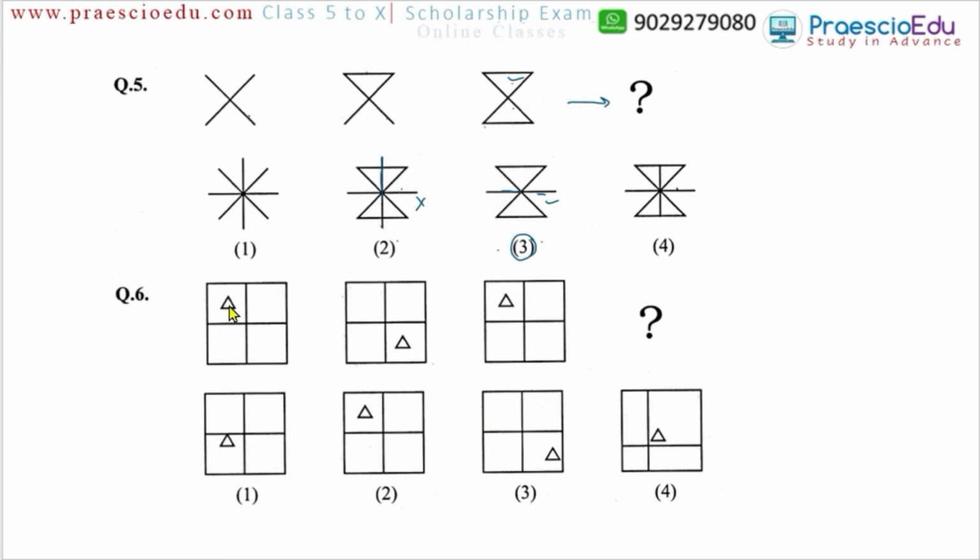Now question number 6. Now here four quarters of the square. Now here one triangle, and in the next figure that triangle is moved to the directly opposite quarter. Again in the next figure it comes to the opposite of the previous position. Now that turns to the opposite, means here. Now in the next one again that will turn to the opposite, means like the second figure. So that will be the same or similar to the second figure, and this is given in option number 3.